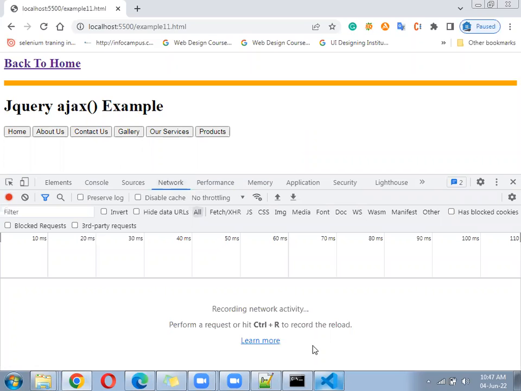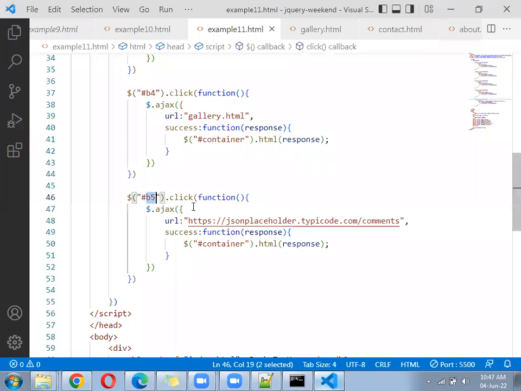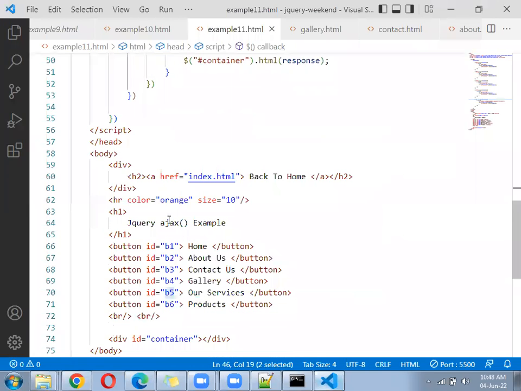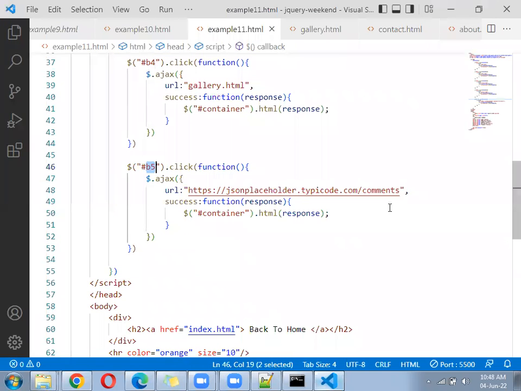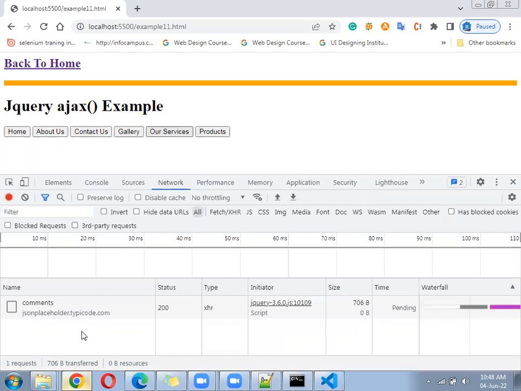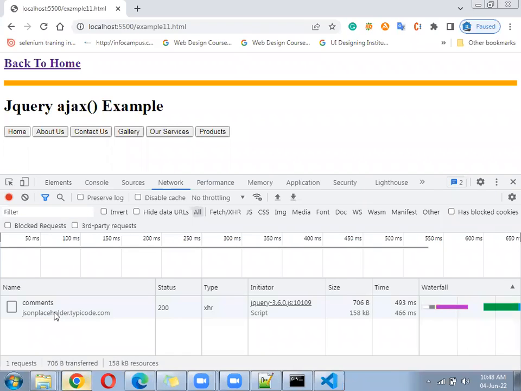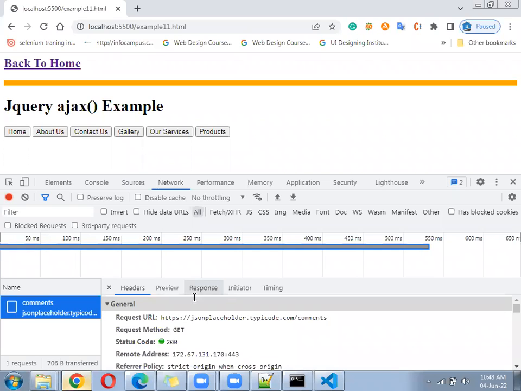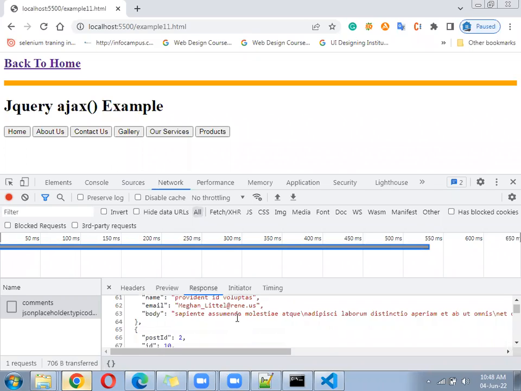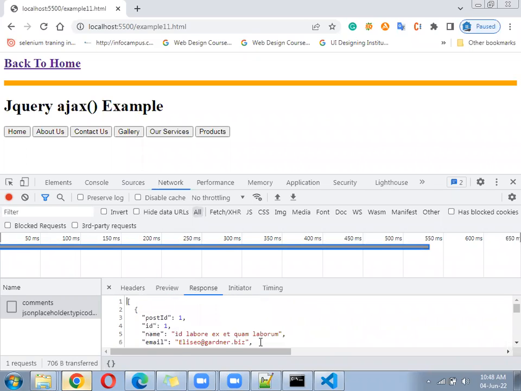Okay, so which function I called? B5, right? B5 is pointing to our service. So B5 dot click, this command has to read. Let us see what is this. JSON HTTP code response has given 200. Okay, cool. So data has come here. No problem. Now this data, whichever has come,